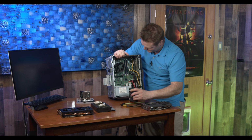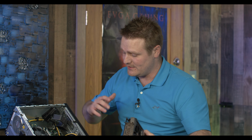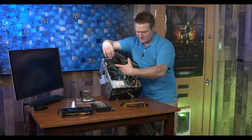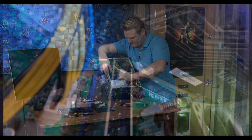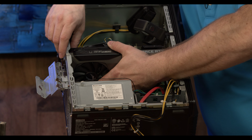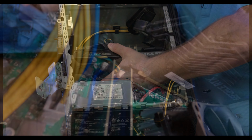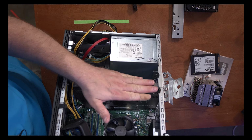Let me get you guys a cool view here. Okay, now we're going to throw the RTX 3070 in there, as long as the GoPro's not in our way. So you kind of go on an angle, get this bracket in, and then you can get the back in. Make sure this wireless wire doesn't get in the way, and keep that on top of the graphics card. And then as you get it lined up with the PCI slot, you want to apply even, constant pressure,